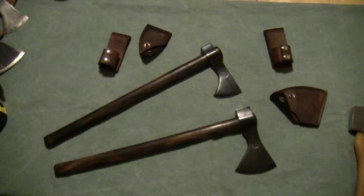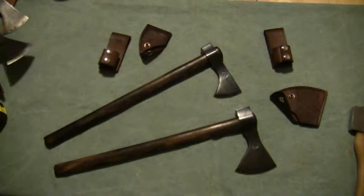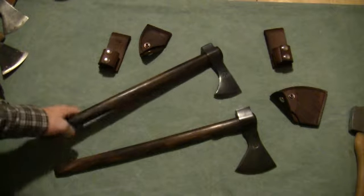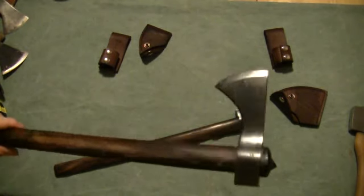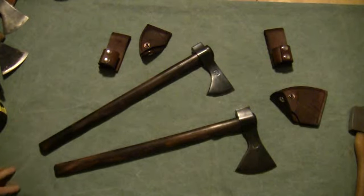Now, 8, 9, 10 years ago, I had a buddy of mine who had a really nice, high-quality custom Tomahawk. We were doing some backpacking, and he broke his out, and actually back then I had this one right here, and we were taking care of our chores, and we got the camp set up, and we were throwing our Tomahawks in a tree, and I was looking at his Tomahawk, and I was very, very impressed with it, the quality of the workmanship. And that's how I became introduced to